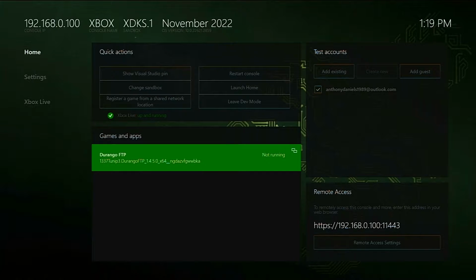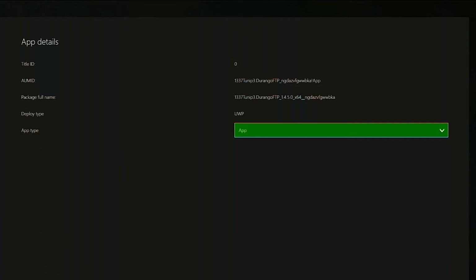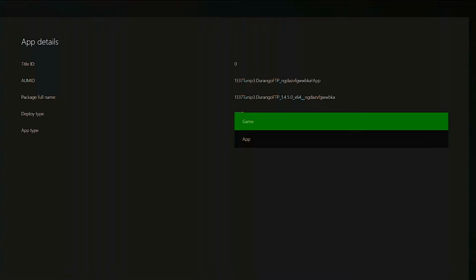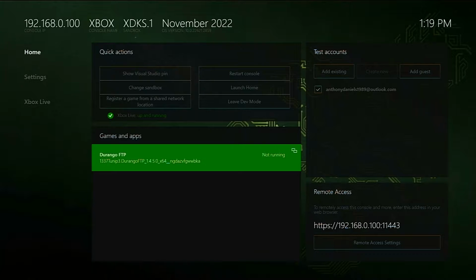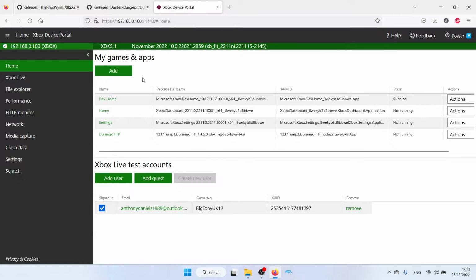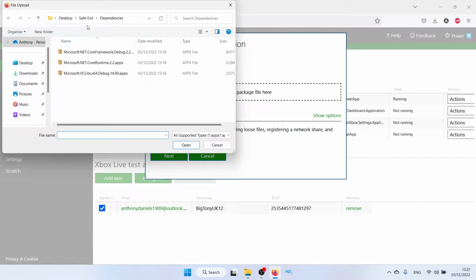So what we're going to want to do here now, it's on the Xbox, is press the Select key, as I call it, or the 2 squares on the Xbox controller. Go to where it says View Details and change it from an app to a game. Press B to back out. We go back to the Xbox device portal, click Add, click Browse,